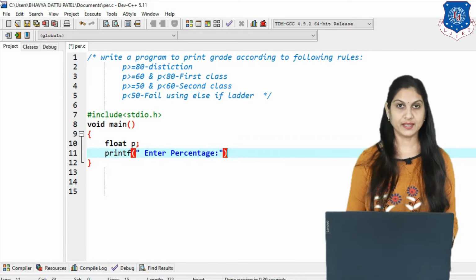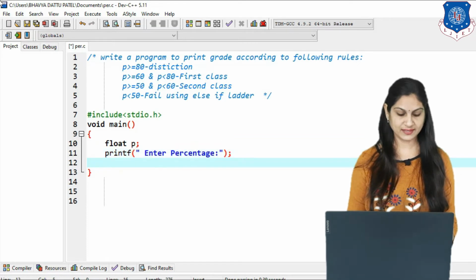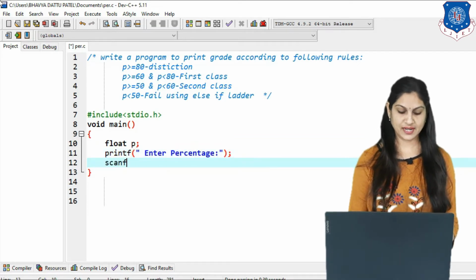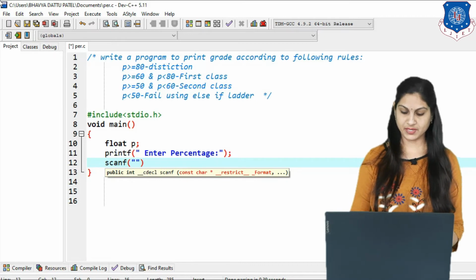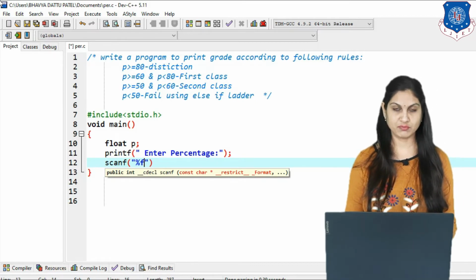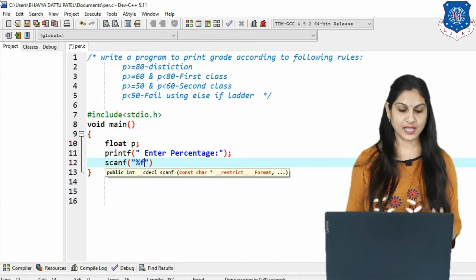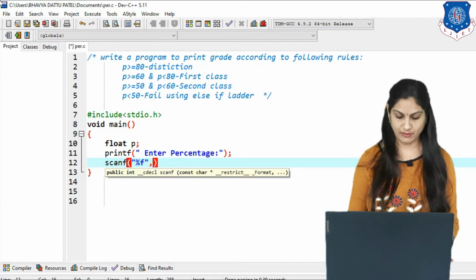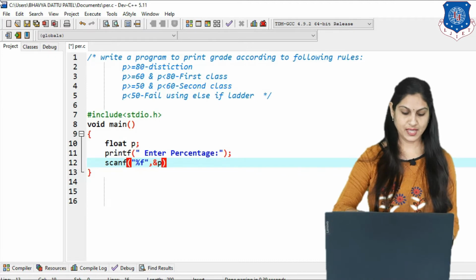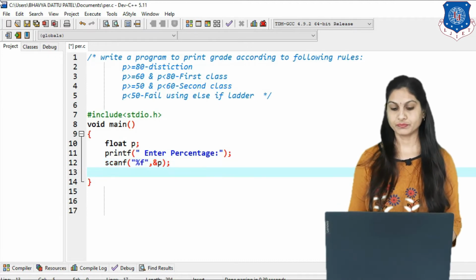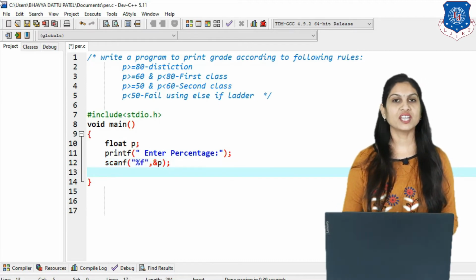That value will be read from the user using the scanf function. In scanf, write %f, recalling the data type theory. Because of the float data type we put %f, and at the end p. This is about the input part.